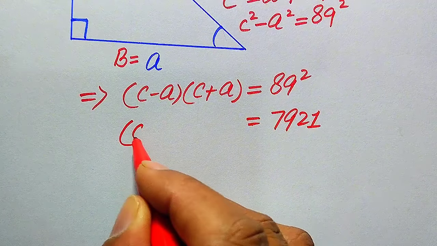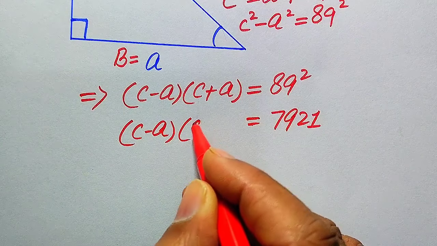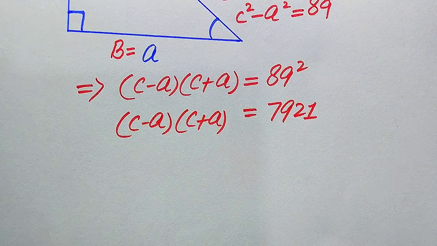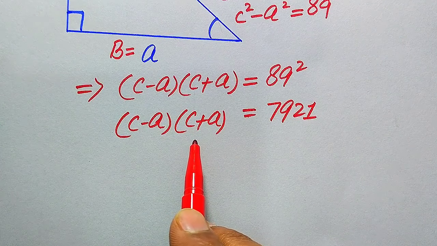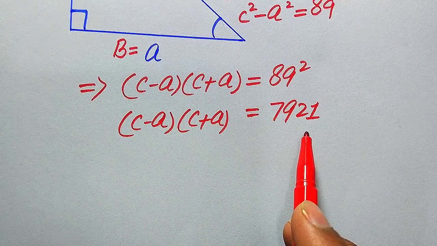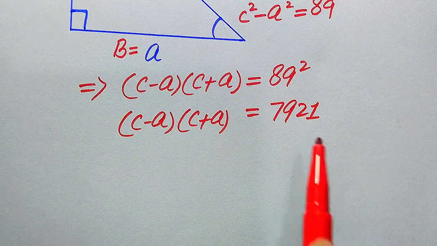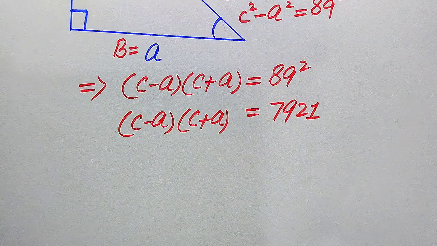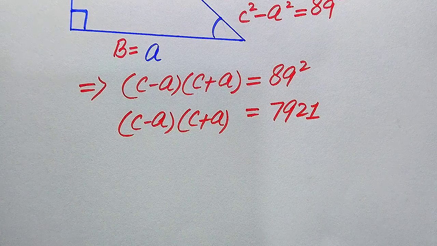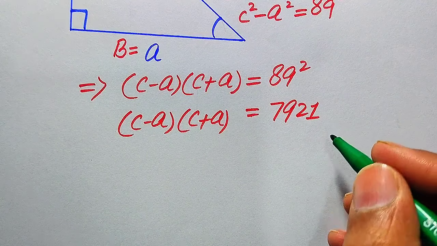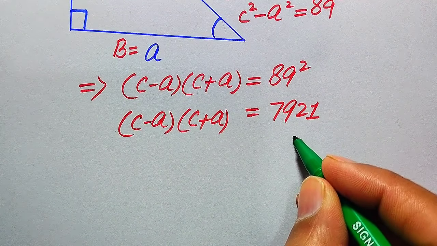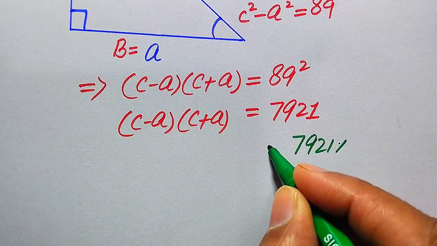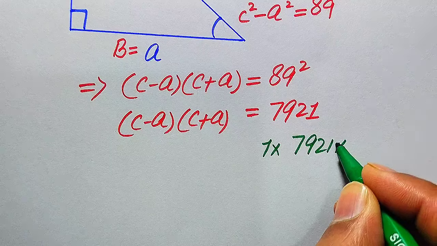so it is equal to 7921, and in the left hand side we have C minus A multiplied by C plus A. So here you see that in the left hand side we have two factors multiplied by each other, but in the right hand side we have only one factor. So first we need to find the possibilities in which the product of two numbers becomes 7921. So we have the possibilities: 1 is multiplied by 7921,